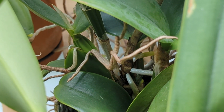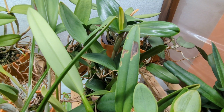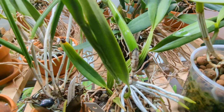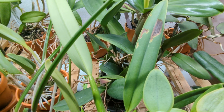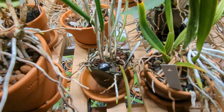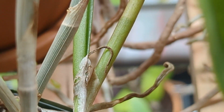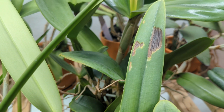So I've read from like H&R Orchids to treat it like a Vanda, and I kind of do. It's in a small pot, but it just has like 20, 30 roots, and they all grow out initially, and then they have a second phase of growth where they branch out, which is really cool. And like some of my other plants, I've been able to stimulate some new growth tips on old roots, which I really like